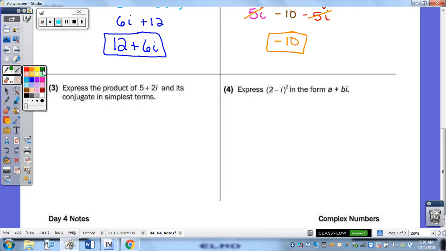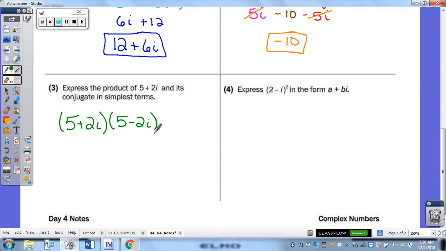Three, express the product of 5 plus 2i and its conjugate in simplest terms. Product means we're going to multiply. So I'm going to start with the one they gave us, 5 plus 2i. Its conjugate would simply be 5 minus 2i. Remember your conjugate, you just change that term in the middle. And now we need to multiply. So we have to just first multiply those first two terms. So 5 times 5